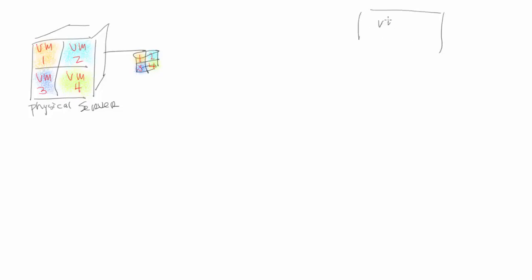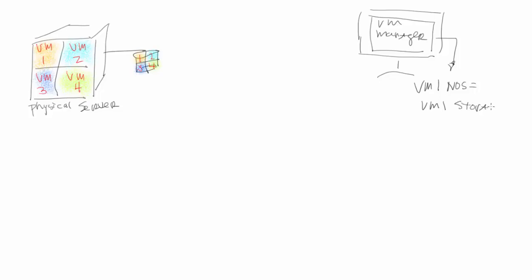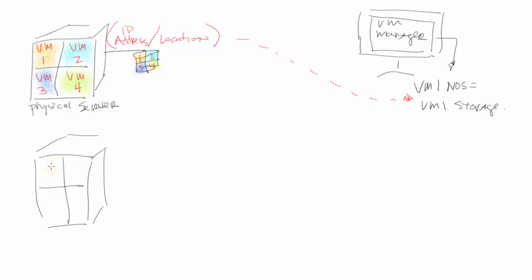And let's draw in kind of a second server here as well. Oh, before we go there, let's talk a little bit about management. So within the virtual machine manager, whatever you're using, there's some sort of table or correlation that says virtual machine number 1 operating system, its environment, equals X storage. The devil is in the details here, because access to X storage is going to be based upon MAC addresses, worldwide names, IP addresses, things of that nature. The bottom line is that manager needs to know where the information for virtual machine number 1 exists within your